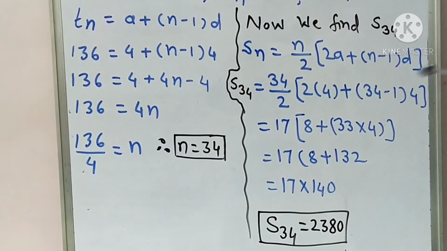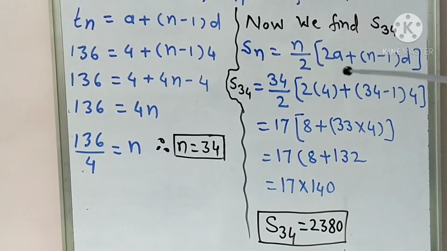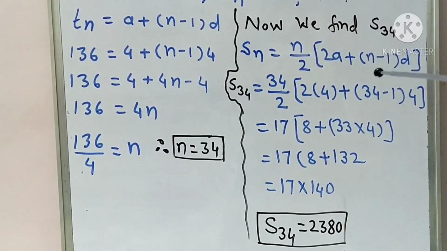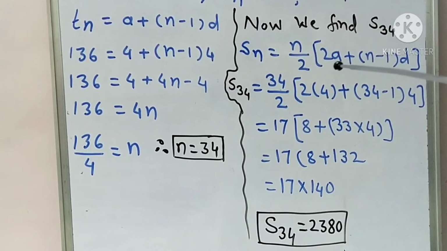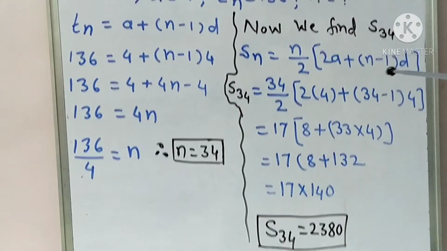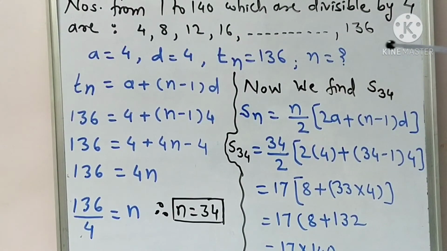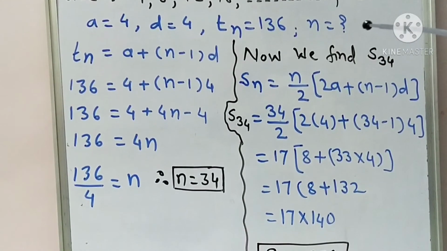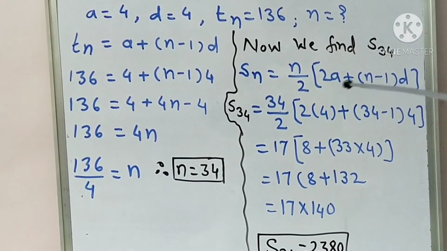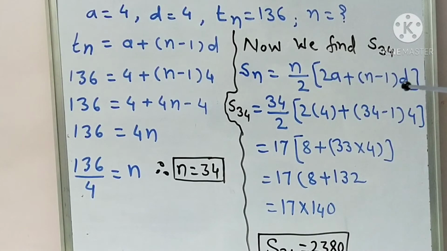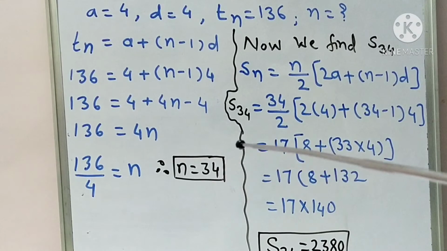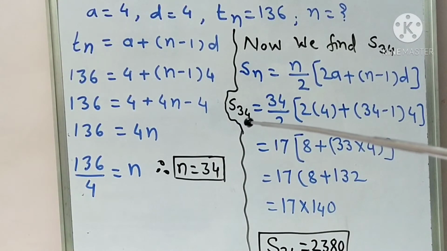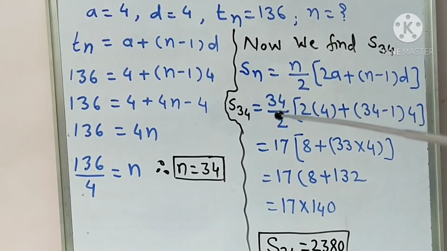Okay, so pay attention over here. So here we use the formula of Sn as n upon 2 into 2a plus n minus 1 into d. We could solve this example using the formula n upon 2 in bracket t1 plus tn also, because t1 is 4, tn is 136, but as we have given this formula in the textbook, we use it. Okay, so put the value of n as 34, so S34, the sum of the 34 terms, equal to 34 upon 2.